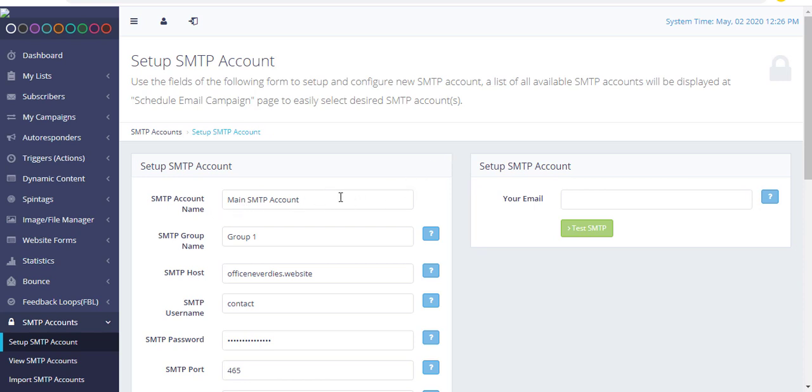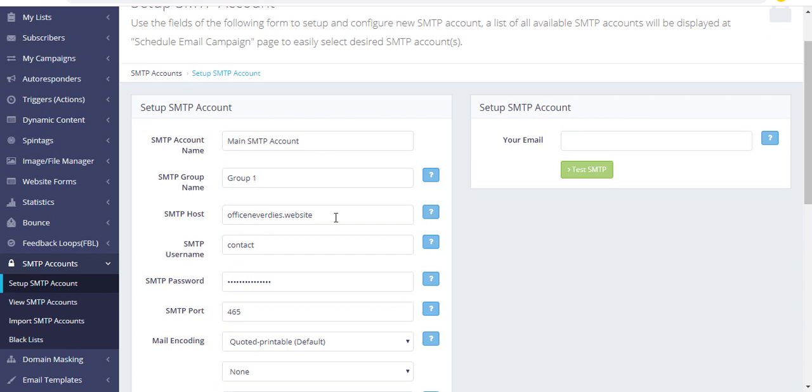The SMTP account is just an alias, and it has no significance for sending email. It is just for your recognition. That is, the SMTP account name and group name are both for your recognition. And for the SMTP host, if you are running on PMTA, then you can enter the IP address here. And if you are running anything else, suppose you are running Mumara on Vista Control Panel or something like that, then you have to enter your domain name. For example, we have to enter server.domain.com, and here it comes.